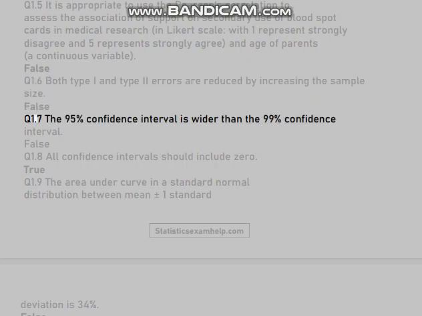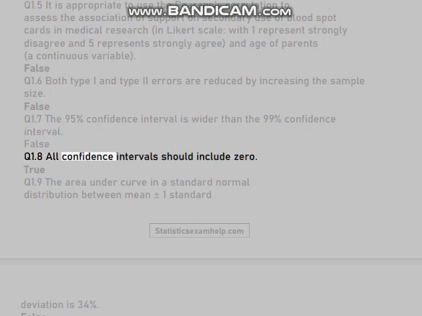False. Q1.7 The 95% confidence interval is wider than the 99% confidence interval. False. Q1.8 All confidence intervals should include 0. True. Q1.9 The area under the curve in a standard normal distribution between the mean plus or minus 1 standard